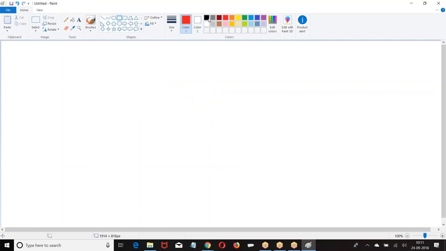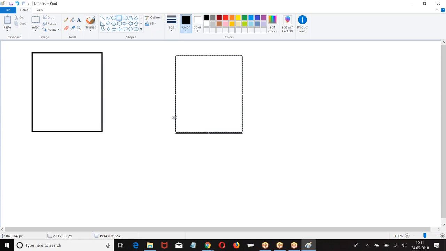I have multi-select. What do you mean by multi-select? I want to select more than 1 option. Right now you gave only 1 option. What if you want to select more than 1 option?